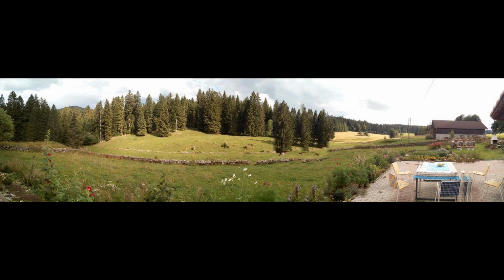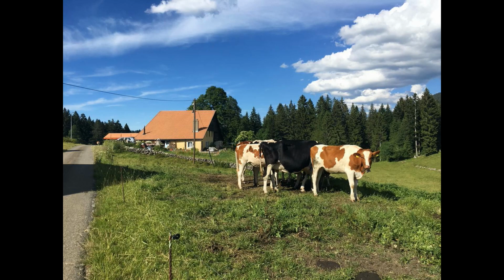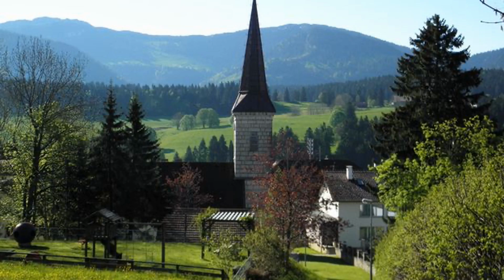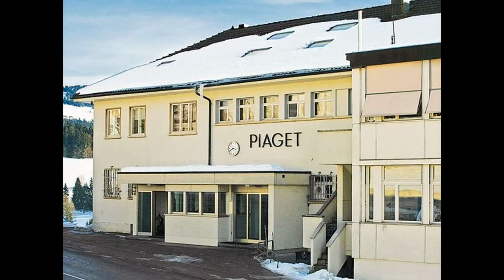So picture this, it's 1874, La Côte-de-Fer. It's a small village in the Swiss Jura Mountains, at over 1,000 meters of altitude. Winters, harsh in the region as they always are, increase the isolation of this village. This is where Georges Edouard Piaget laid the groundwork for what would later become an imitable signature of fine